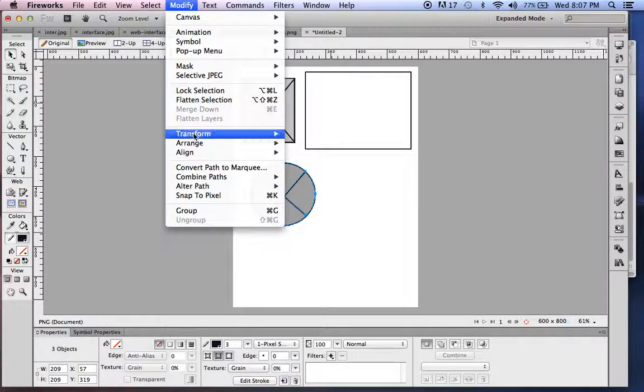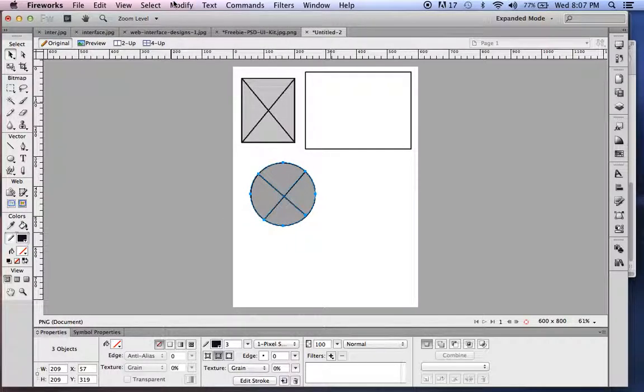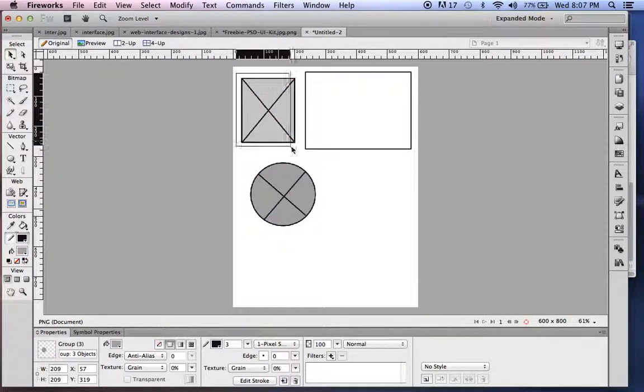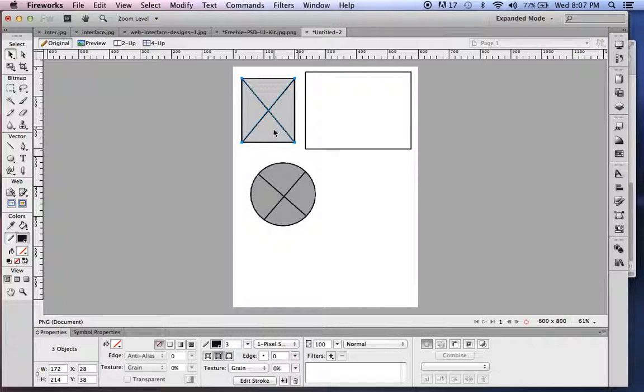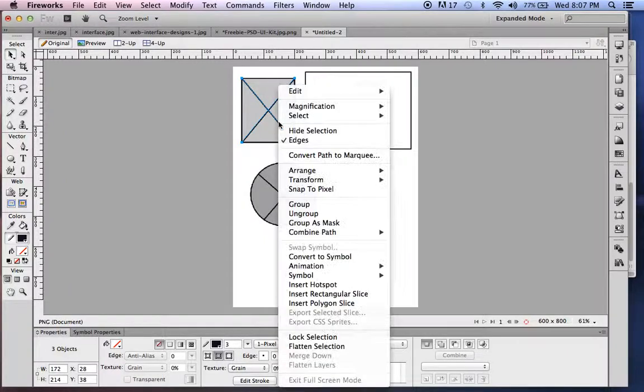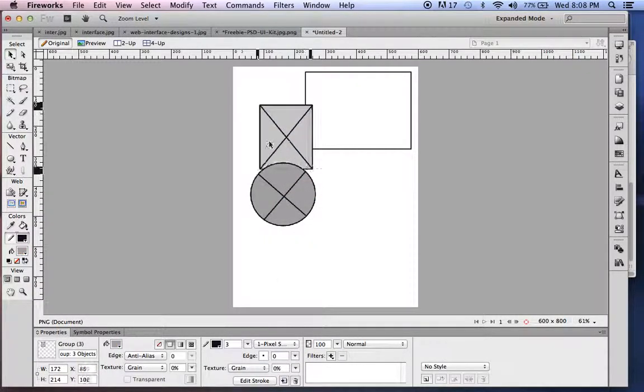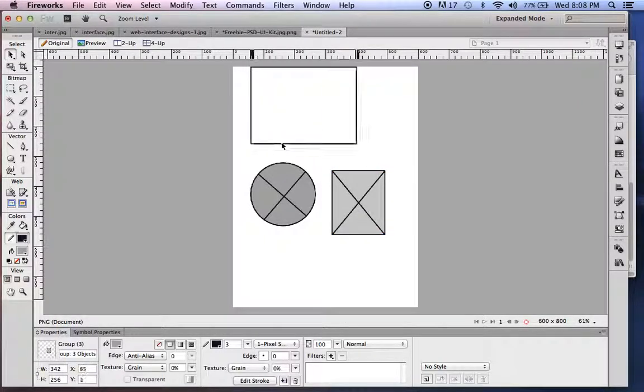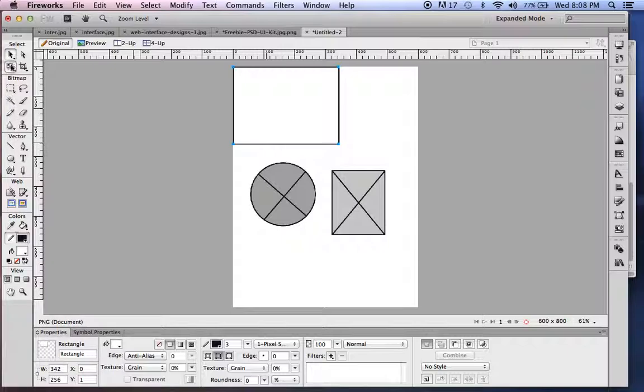Okay, let's modify it, and let's see if I can group. Another way to do the same thing, select your items, control click or right click, and find group. And now I can move that around together. Any shapes like this, now we can move around, and I want to reshape this using